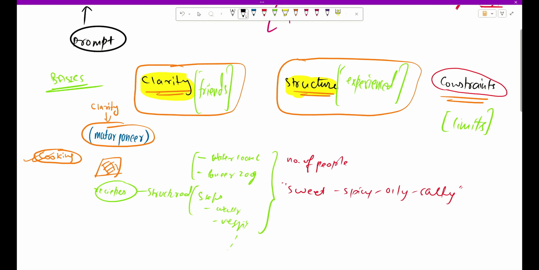Now, what if I didn't tell him how many persons are having this food? He will be assuming, let's say, for 10 people. What if it's actually just 5 guys? Or what if it's more than 10, 15 guys? Now he doesn't know how much spice to keep, how much sweetness to retain in the veggies, or how much oil to be used. Now he will be making assumptions which can lead to a